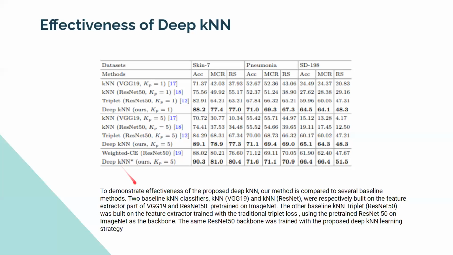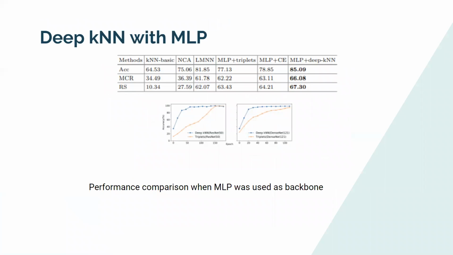And this is the part where this table shows the effectiveness of deep kNN and deep kNN with MLP. MLP is multi-layer perceptron. In some scenarios only feature vectors were originally available in the dataset, but in the case of the deep kNN learning strategy, it also works because the feature vectors are originally available in the dataset, and apart from that,